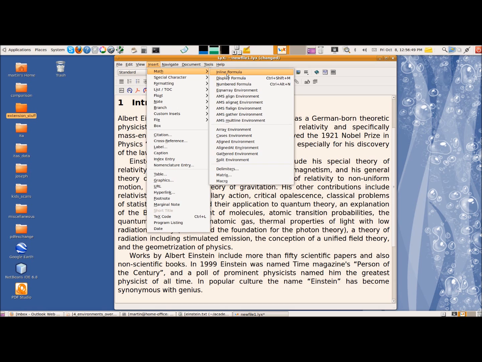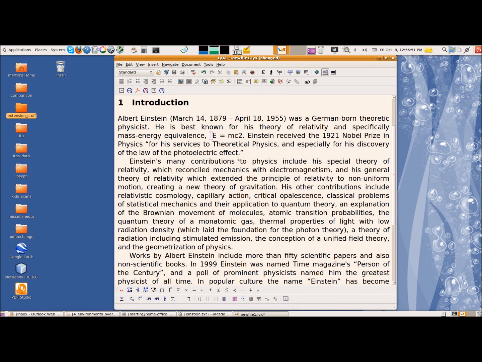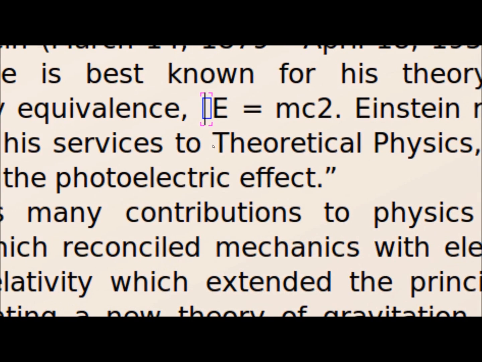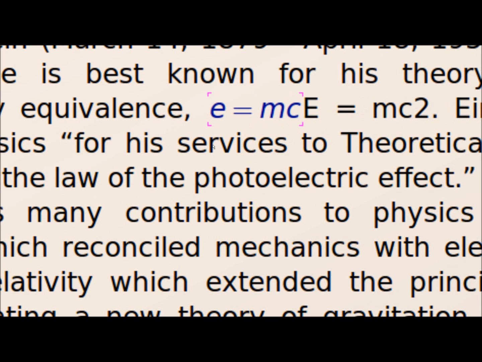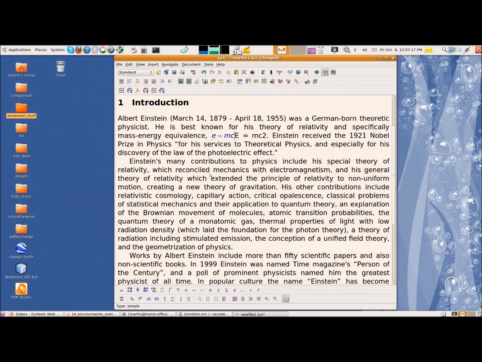But I'm going to insert an inline formula, a formula which appears inside a line of text rather than formatted in its own right as a paragraph. So it's really quite simple. Once I have the little blue box up that denotes that I'm entering a mathematical formula, I can then type E equals mc, and then if you zoom back out,